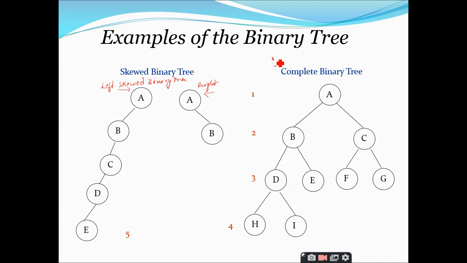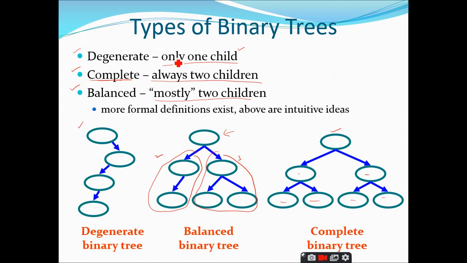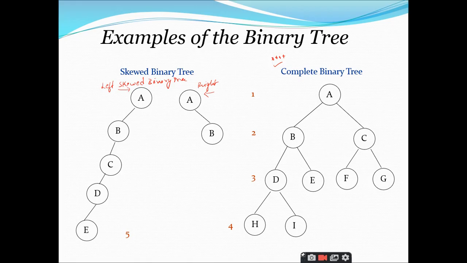You have these complete binary trees, right? What is a complete binary tree? In the previous lecture we have seen that a complete binary tree is a tree where every node always has 2 children or 0 children. 2 or 0, that's it. It cannot have one child. Such types of trees are called complete binary trees. We will again come back to this definition of complete binary tree with more refinement.